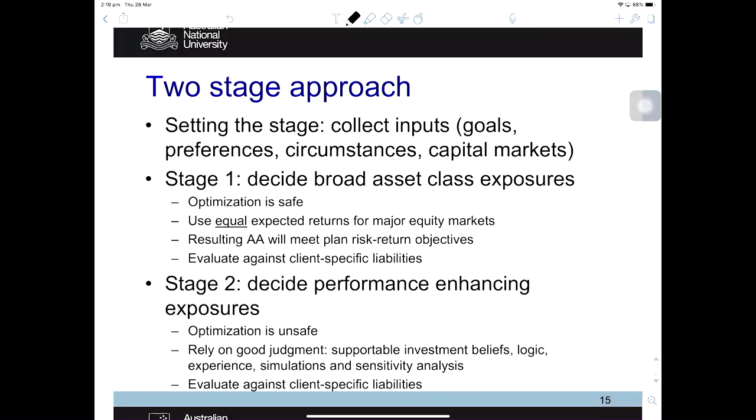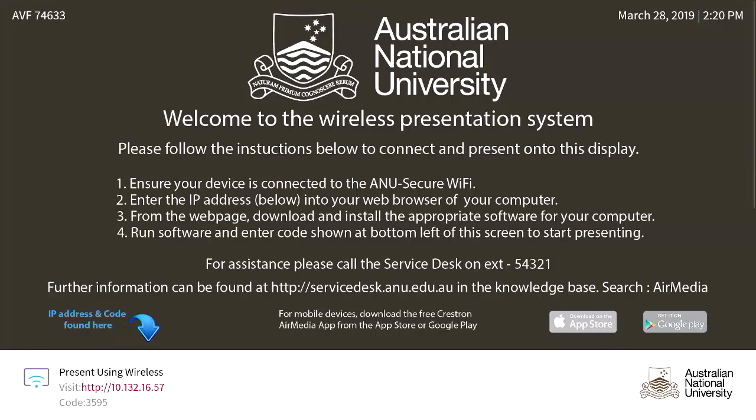the expected return, standard deviation, and covariance. For instance, Australian equity, world equity, Australian bond, international bond. With these asset classes, we have very much